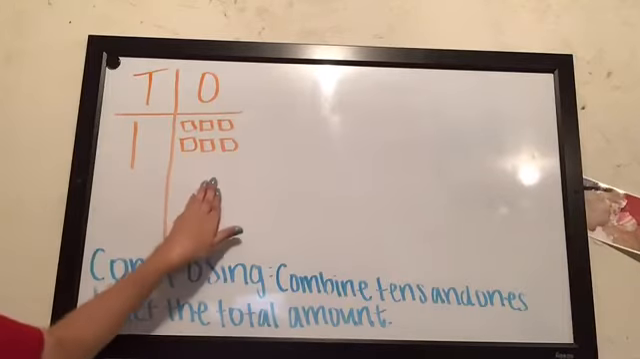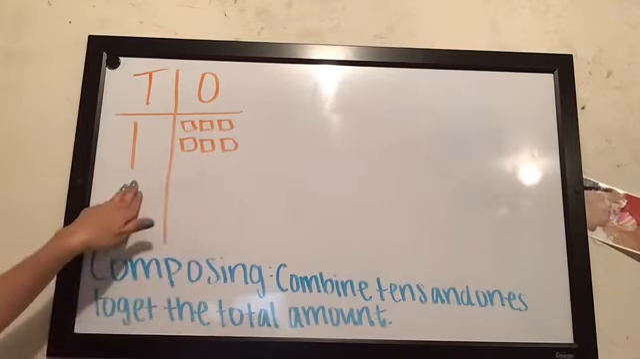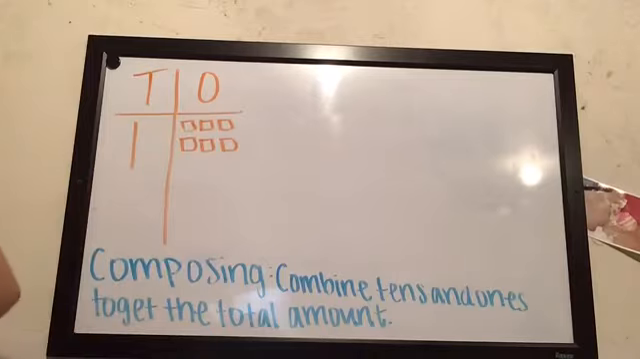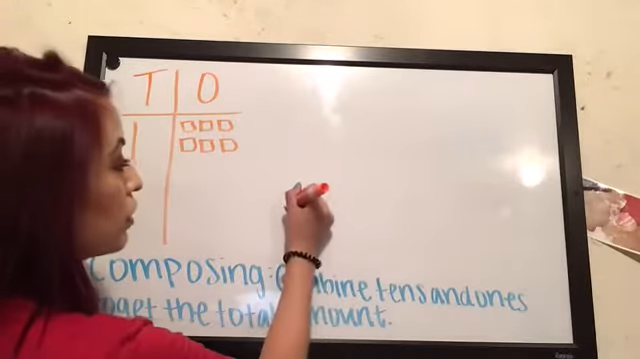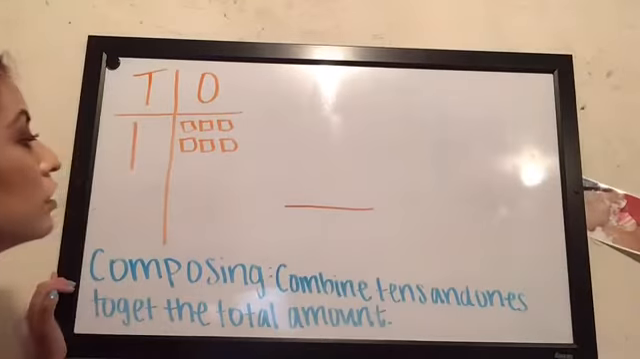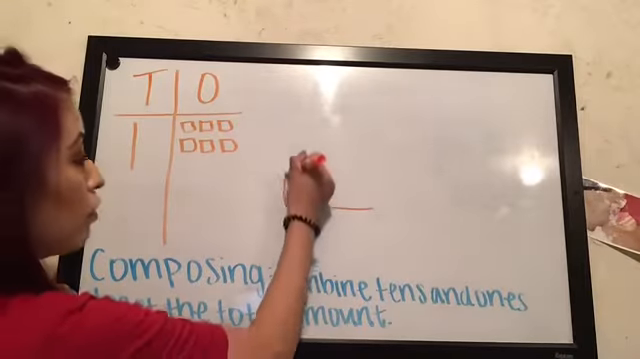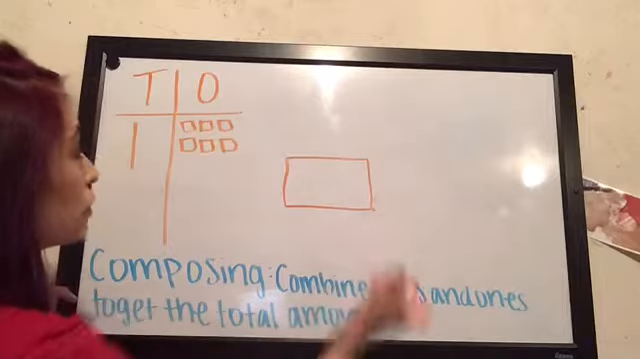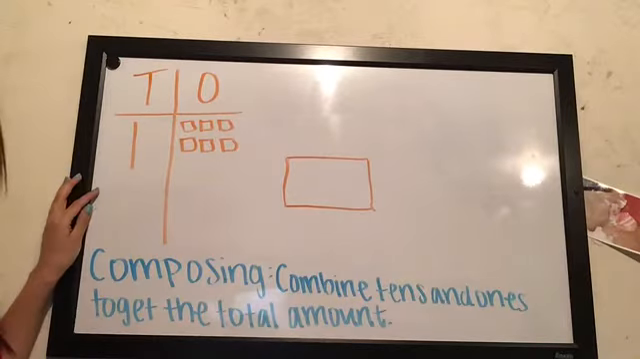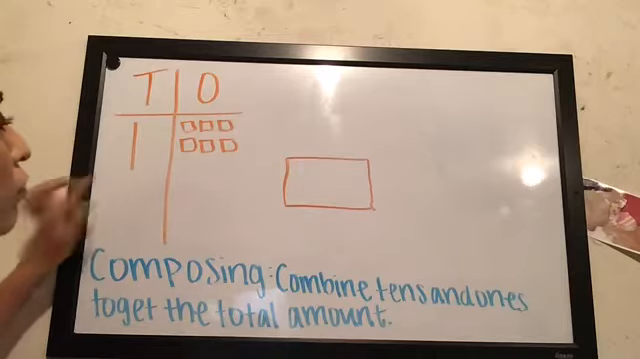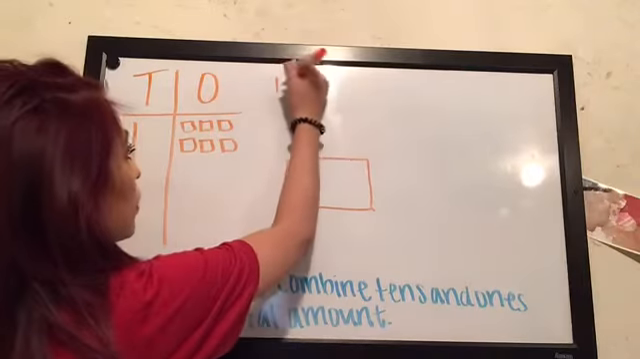So this is our number here, right? We have tens and then we have our ones. This is how you're going to compose your number. So I'm going to put the number right here. This is going to be our number that we composed. So how many tens do we have? We have 1 ten, right? So we're going to write 1 ten